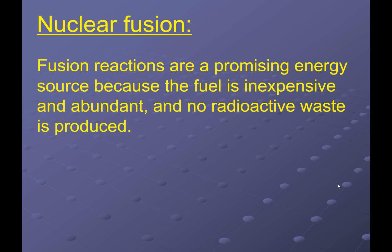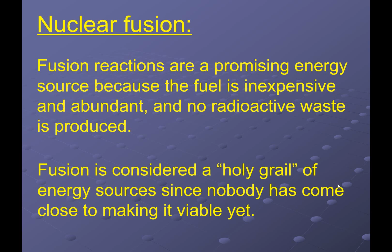If you're looking at the slide, you're like, great, right? This is the best case scenario. The fuel is cheap, I have lots of it, and there are no waste considerations. This one is sometimes considered the holy grail. If I could harness and utilize this energy, it should be the best source of energy. It's going to way outcompete any fossil fuels I can burn, with the added benefit of no waste being produced. Unfortunately, however, the only place that we know of that actually undergoes